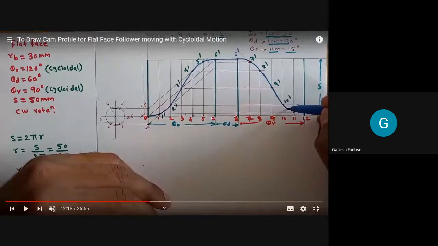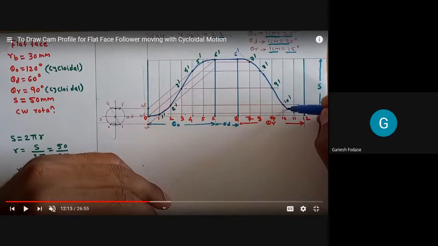So any doubt here in the displacement diagram? This is an important procedure, an important concept, how to draw a displacement diagram when the motion is cycloidal motion. Any doubt here, please? Those who drew it, any doubt while drawing? Okay, actually, some students may not have had time to draw it because I'm explaining this procedure continuously. So don't worry, I'm sharing this video. You can draw later also, but my intention is that you should understand the procedure of how to draw. So any doubt here? Try to speak. No, sir. Okay, no.